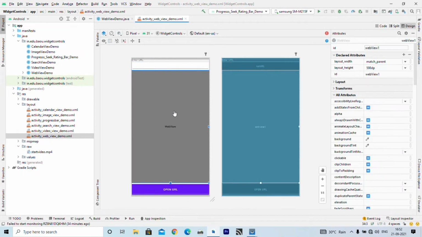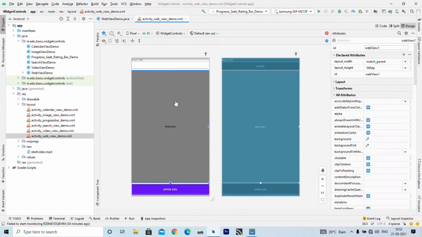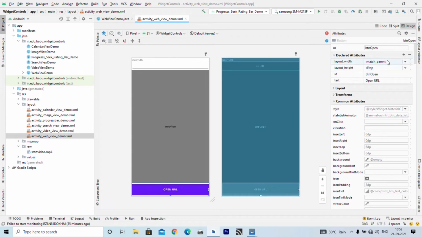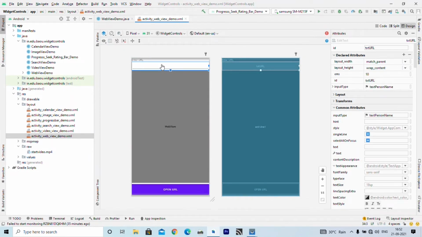Then there is a web view where we want to load our web page, and at the bottom you can see one button with the caption Open URL, and by clicking on this button we want to open the URL given by the user into this web view, right? The name of the button is btnOpen, that you can see from the attribute window. The name of the web view is webView1 and the name of the edit text is txtURL, remember.